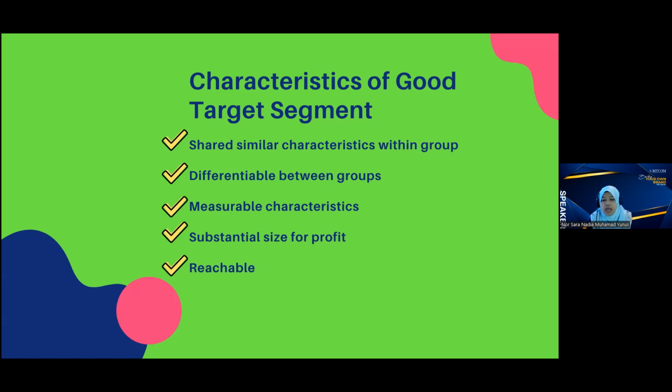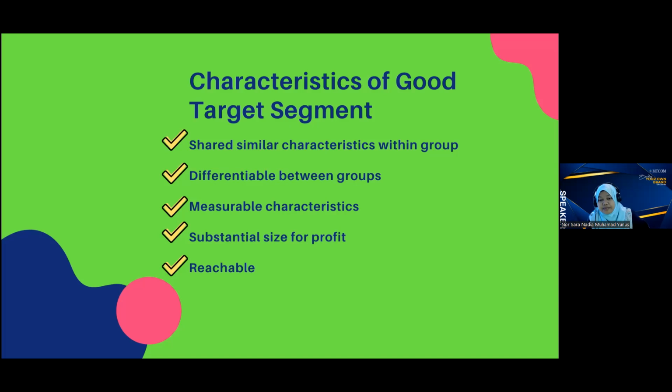All right, the third point here is you have to make sure the characteristics that you use from our variables just now are measurable or quantifiable. We can count them, for example in terms of their age, gender, number of family household members, occupation, and income. It is quantifiable. We can measure every group that we have. If you cannot measure, it becomes so subjective and the characteristics too broad, so our marketing program cannot hit our main objective to that target market.